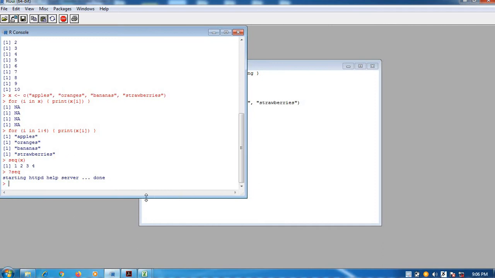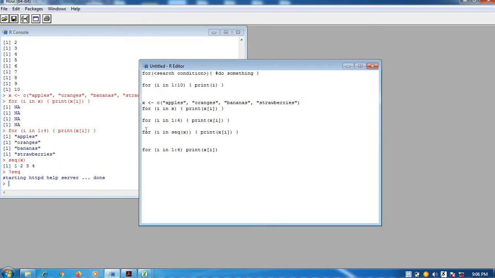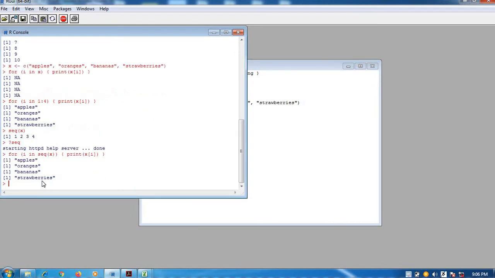Let me check whether the help is available. So the sequence of x is giving you values 1 2 3 4, and now we are copying it. It is as good as I in 1:4, because here also we got the sequence of x, that is 1 2 3 4, the same as 1:4. So now if you write print x of I, it will print the values. Clear?